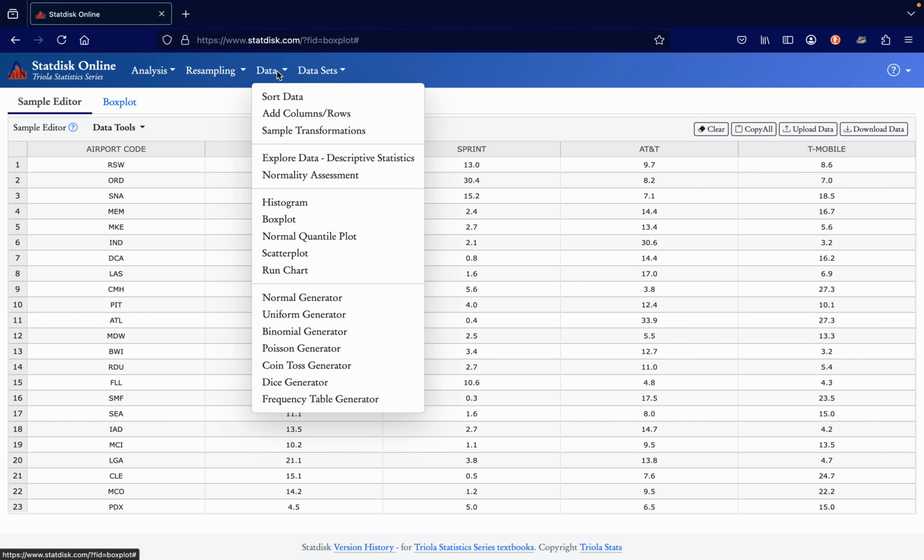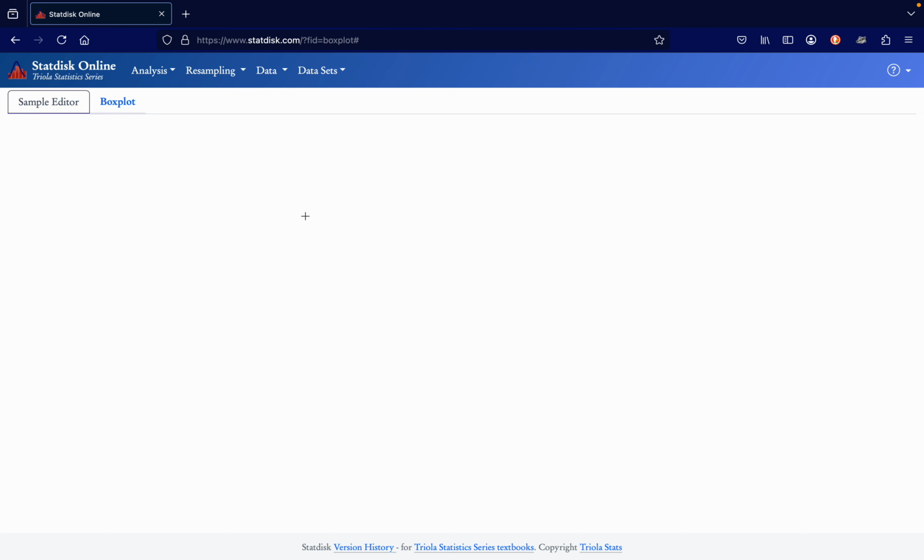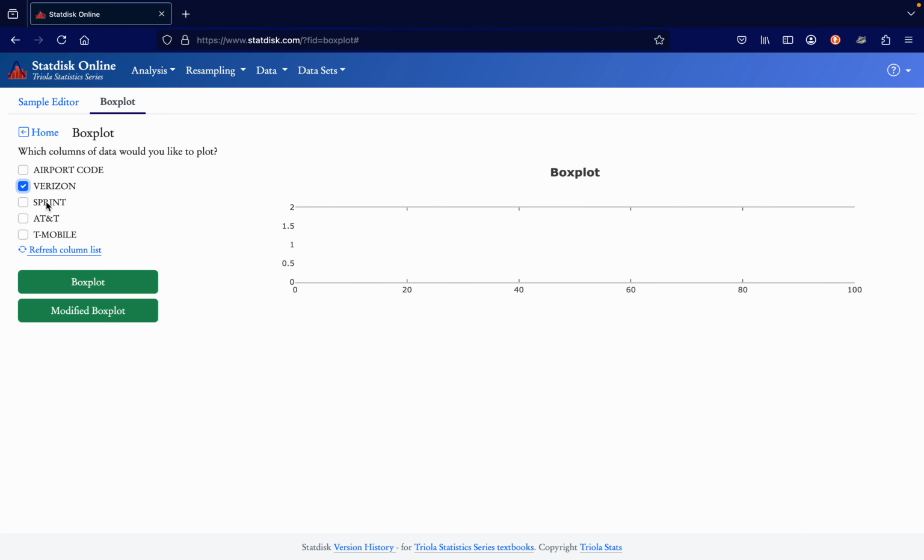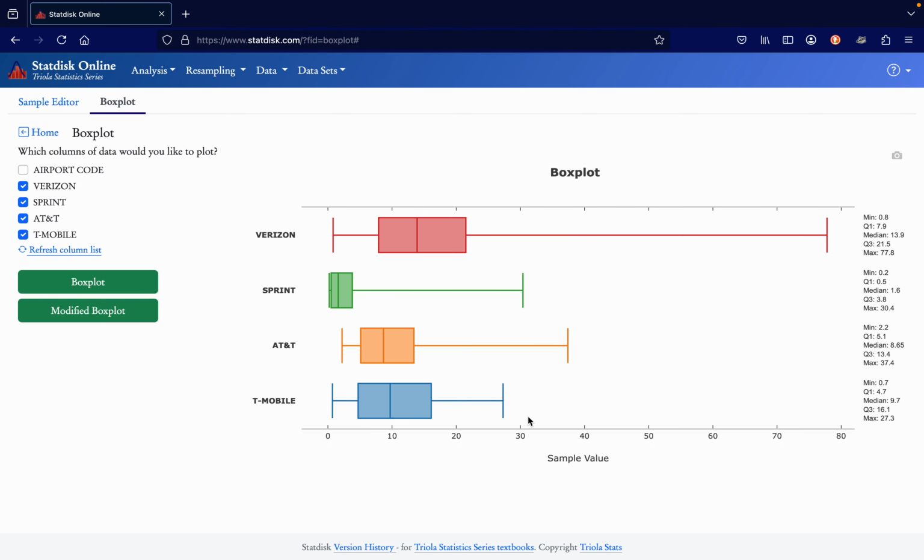So we'll go to box plots, and then we'll look at these four providers. Again, we're looking at a sample of airport download speeds. And we get this.